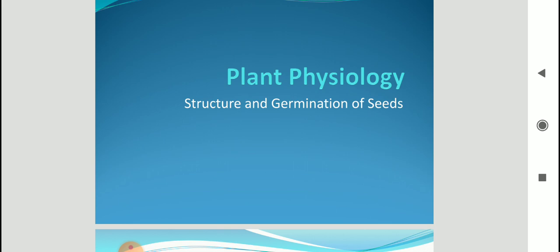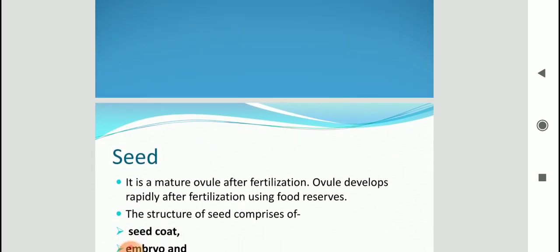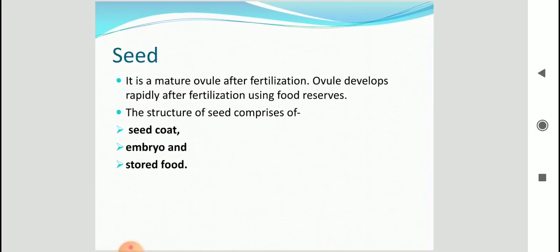Before holidays children, you studied about pollination and fertilization. So now we will study about seed. In the previous chapter, you studied that after fertilization, ovule becomes seed. A mature ovule is the seed. Alright. So, ovule develops rapidly after fertilization using the food reserves, and if we want to study seed structure in